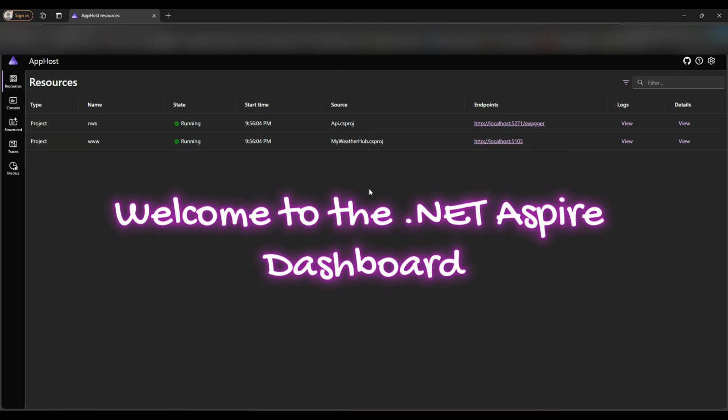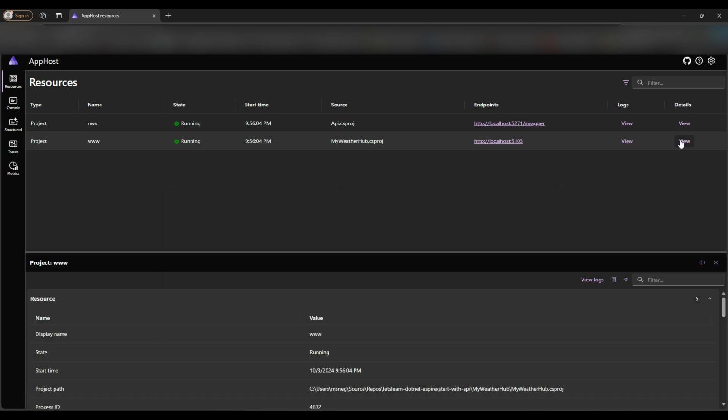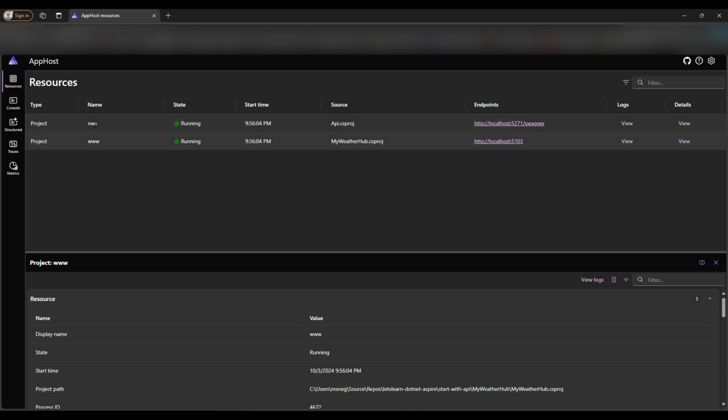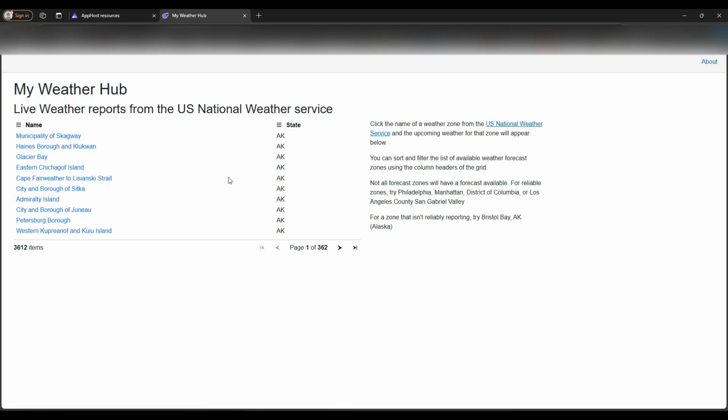Okay, my application started. Here comes the dashboard. So welcome to the .NET Aspire dashboard. We have a bunch of different views here that we can use to take a look at the different parts of our project. There are the names we assigned: NWS API, job. They're available now, and it makes it easier for us to find and associate which project is which, and what they are doing for us. I can also click through and look at that specific endpoint for the application and still interact with it.